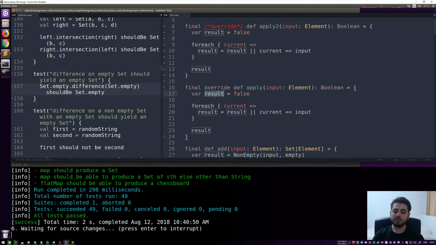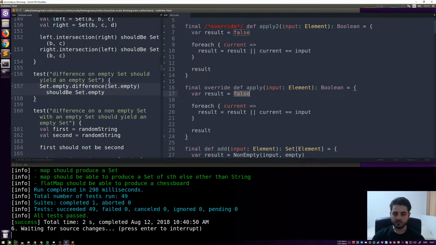And because we have some mutation, this variable can represent many things, right? It's called result, but in the beginning it has a different meaning. In the end it has a different meaning, and during this forEach it also has a different meaning. So if you look at it closely, in the beginning we always give some sort of initial value,